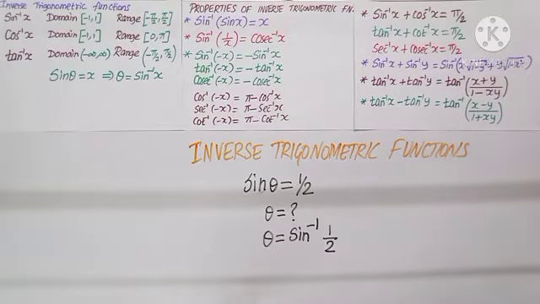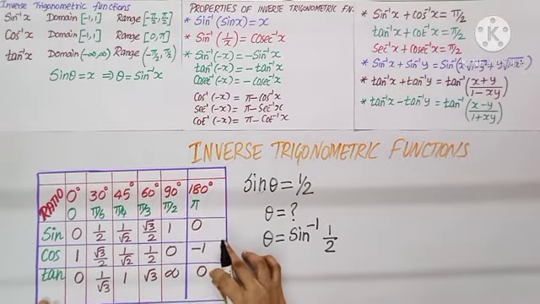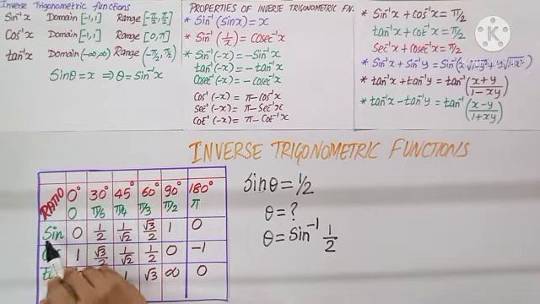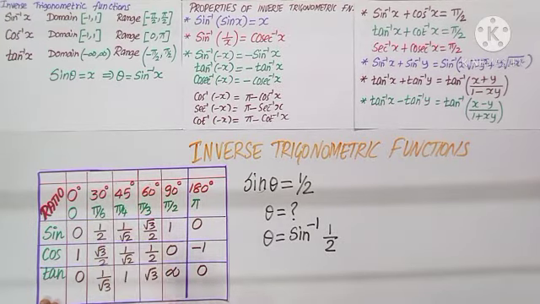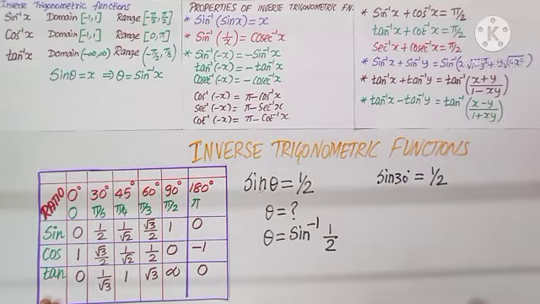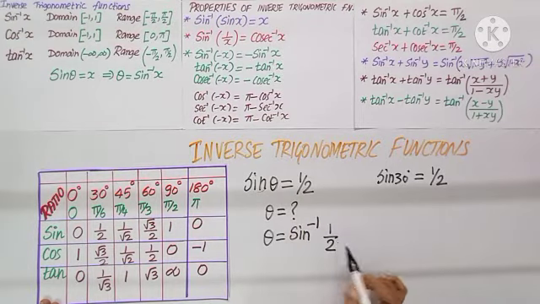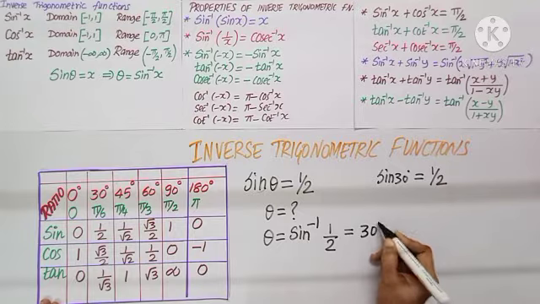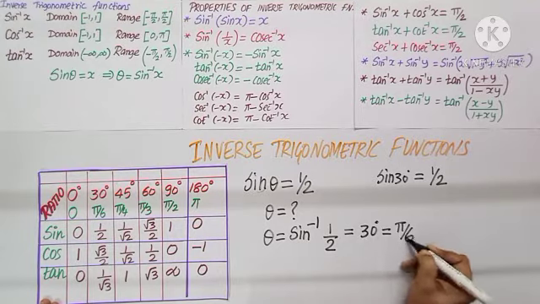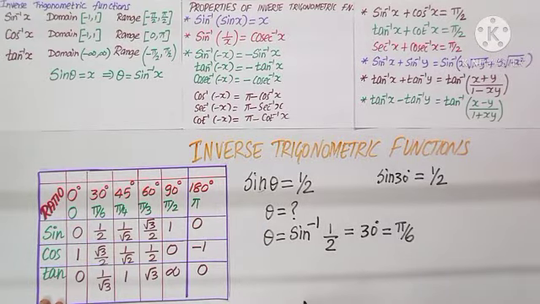How to get it? We know the trigonometry table. In the table, let me refer. Half comes in sine against 30 degrees. So, we know sine 30 is half. Now the reverse. They have given you half. You must be able to identify it is 30 degrees, or I will say pi by 6. Identifying this way, we call inverse trigonometric functions.